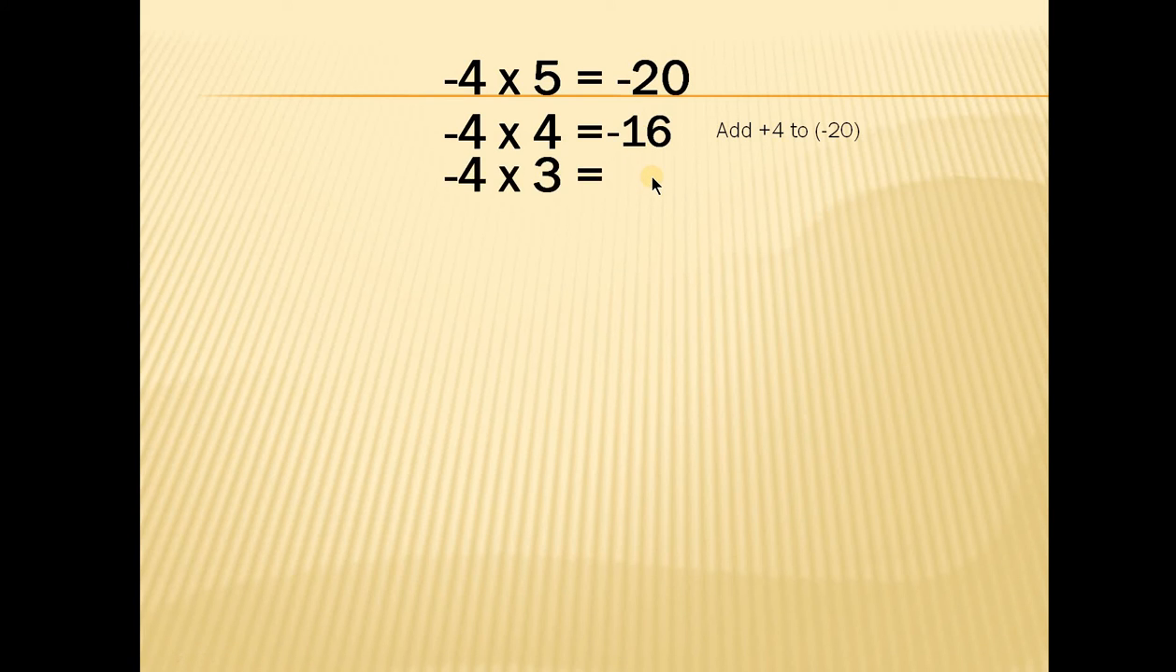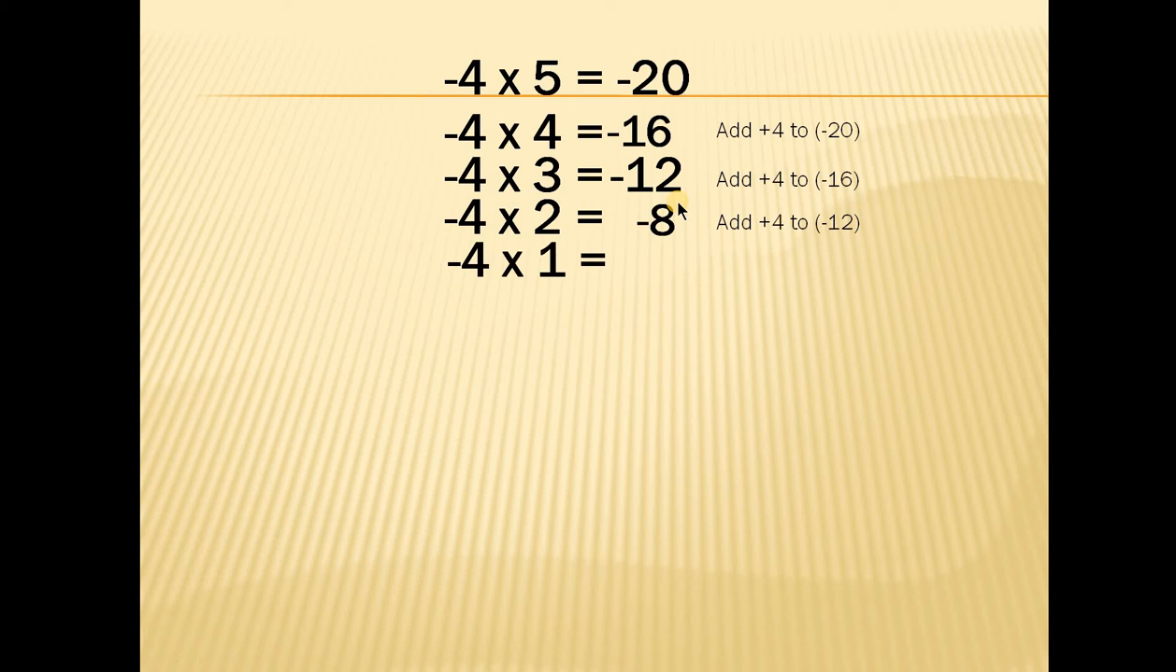After that, minus 4 multiplied by 3. So again you will have to add 4 to this minus 16. Negative 16 plus positive 4, negative 12. Okay, the next, minus 4 into 2: add 4 to minus 12, you get minus 8. And next one, minus 4 into 1, minus 4, you know it, but you are adding 4 to minus 8